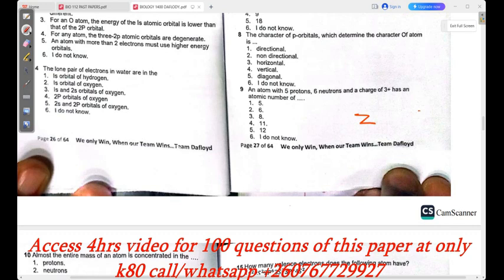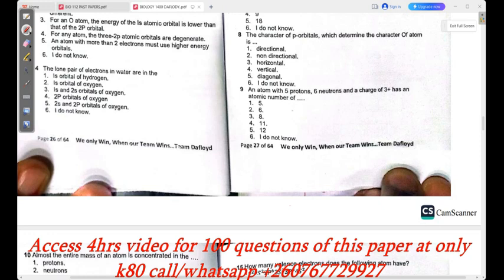3 plus. That is what it means. 3 minus means a particular atom has gained. So we are saying that an atom with 5 protons, 6 neutrons, and a charge of 3 plus has an atomic number of... The atomic number is equivalent to the proton number of an atom. Therefore, the atomic number of this particular atom has to be 5, which is equivalent to the number of protons of that particular atom. Those charges have got no effect on the atomic number of an atom because